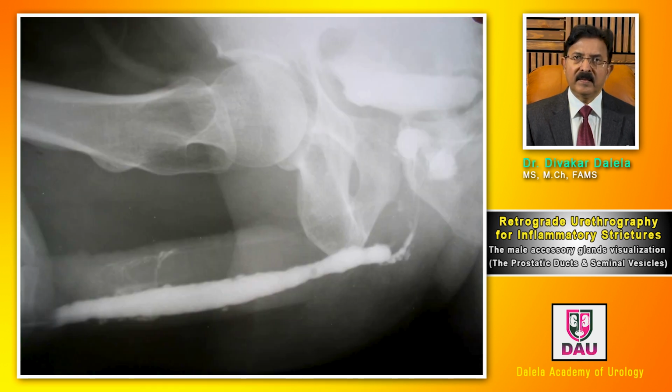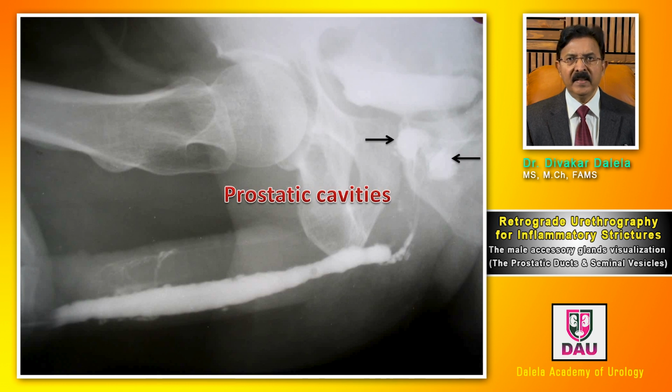Then there's some variation in some patients. In this patient who has inflammatory urethral stricture here in the proximal bulb, instead of the dilated ducts, you see prostatic cavities. And these cavities are maybe because the patient had an abscess which emptied into the urethra, and these look like pseudocavities in the prostatic gland, or they can be markedly dilated prostatic ducts also.